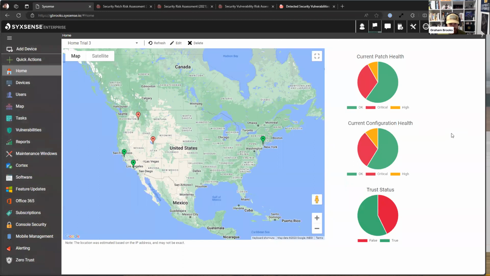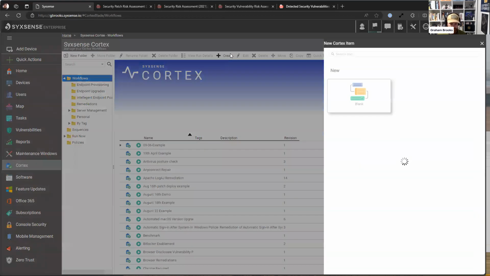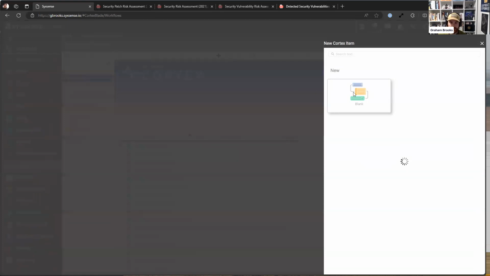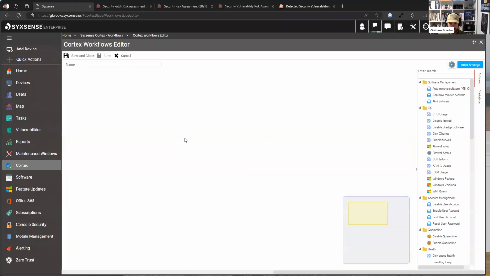And to do that, I'm going to head over to Cortex, which is our automation tool. We're going to create a simple but powerful automation portfolio that's going to hit all the things we talked about. So here, I'm going to hit create. We're going to create a new blank workspace. This right here is the editor for